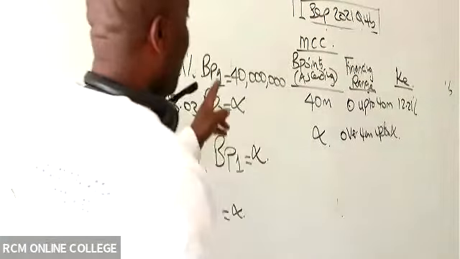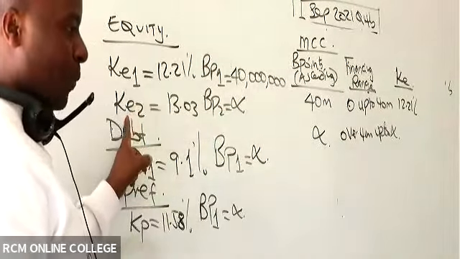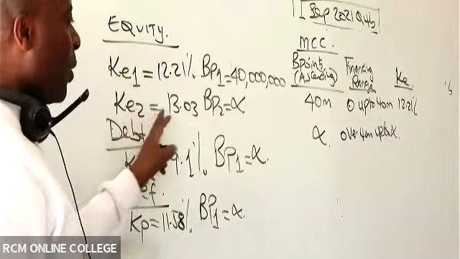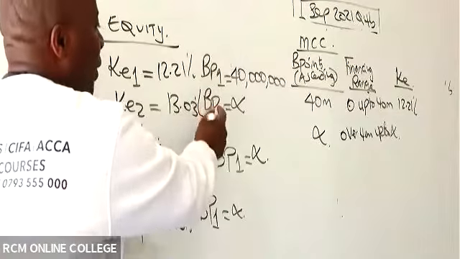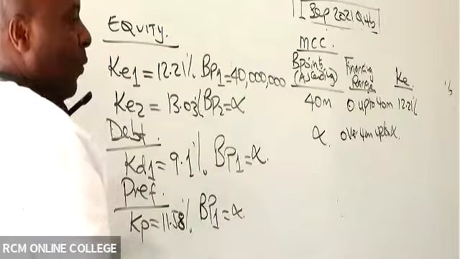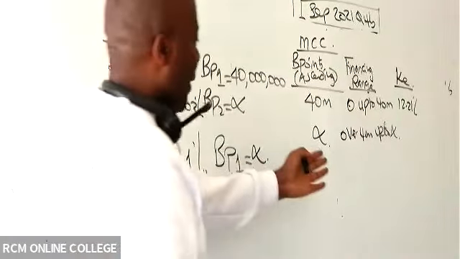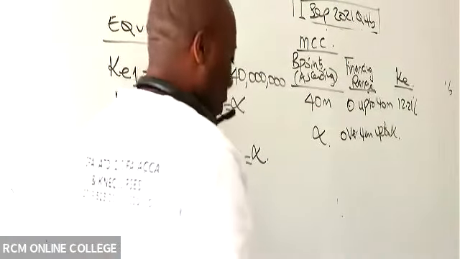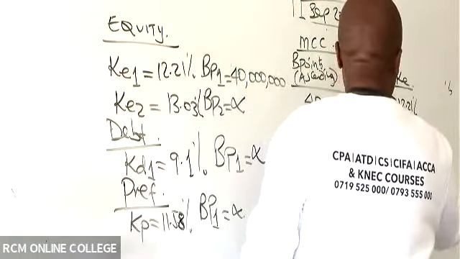And then now beyond the 40 million, we go to KE2. So now KE2 is the one which is 13.03%, which runs up to infinity now. So up to infinity. So you can see this is over. So up to infinity. So it comes here,